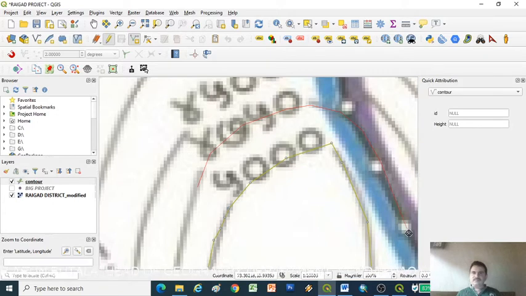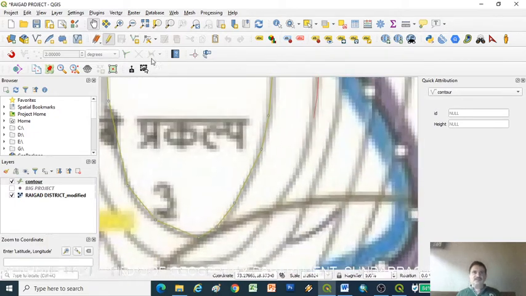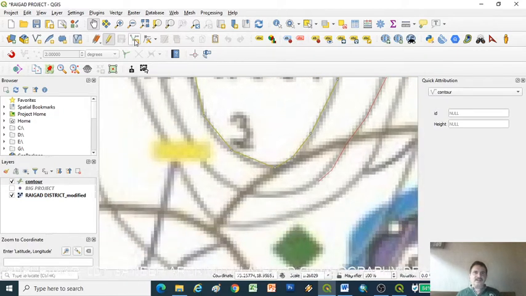Now I want to continue the line, so I go directly to pan map, click and just drag, and the tool will change. Again click on add line, so we can digitalize a line in a proper method. So in this way we make digitalization of a line layer. So we can add the lines.